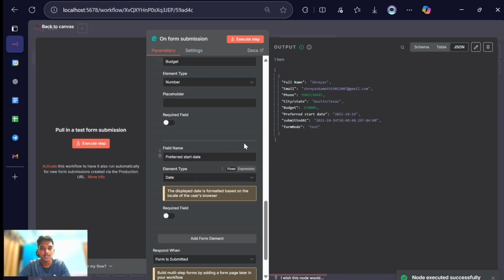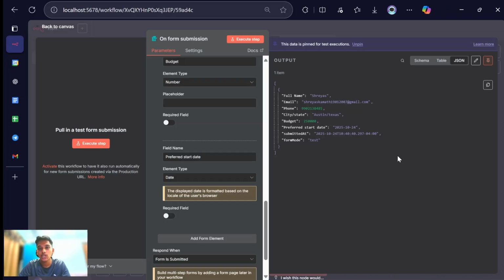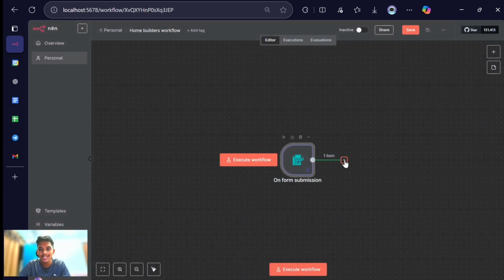As you can see, the form is already submitted. We can see the output over here. I'll pin this output so that we don't need to execute this form again and again for testing purposes. If I pin it, this output is fixed. I click on back to canvas, and the next node would be